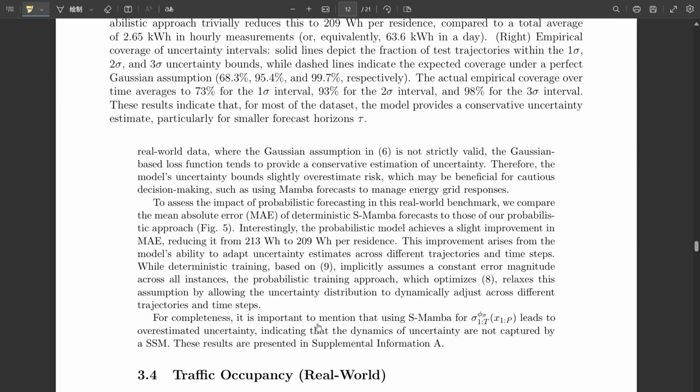And did the authors suggest ways forward, how to potentially overcome these limitations? They did. Yeah. They pointed towards exploring hybrid architectures, maybe combining SSMs with other types of models that are specifically better at handling stochastic processes. Like mixing and matching. Sort of. Or integrating more advanced probabilistic neural networks. They mentioned things like normalizing flows, which are designed to learn much more complex non-Gaussian probability distributions directly. That could potentially relax the strict Gaussian assumption and handle weirder data shapes better. Interesting. So pushing the boundaries on both the core dynamics modeling and the flexibility of the probability distributions.